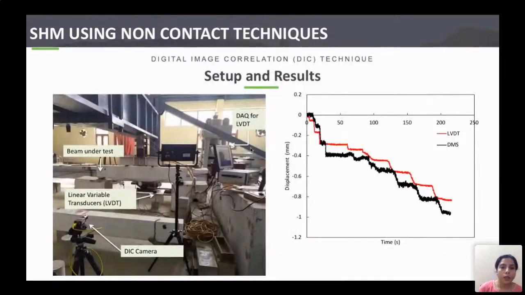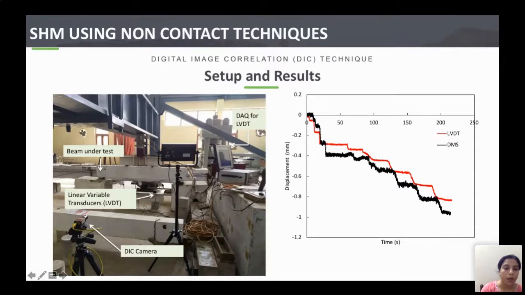And then this is some preliminary work which we have done using the digital image correlation technique. This technique is based on the calibration of the different frames of videos. The problem with this technique is that the data which we get is huge. It's very heavy, so it is a video-based technique. We have to capture the video of the whole beam during its destructive test. So we attached the conventional LVDTs at the bottom of the beam,